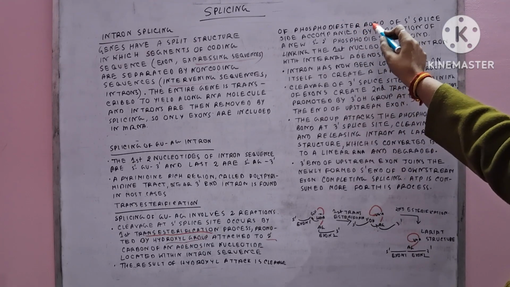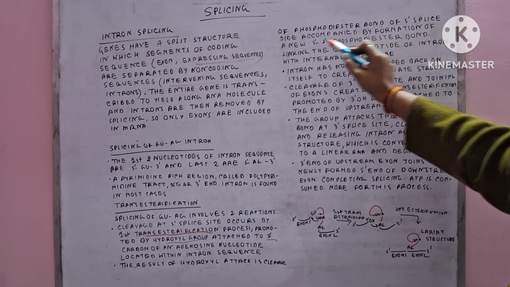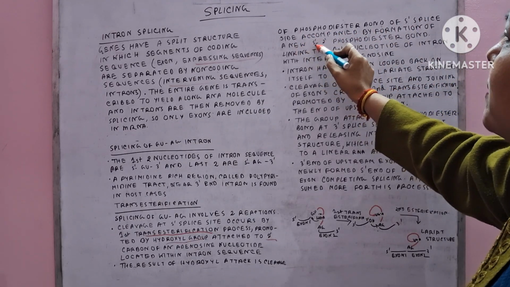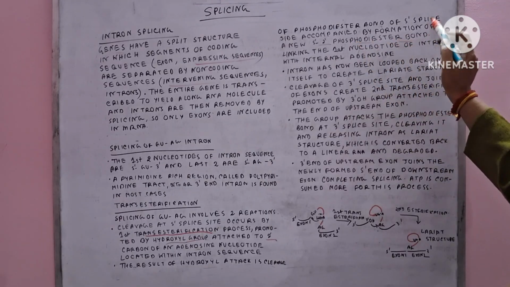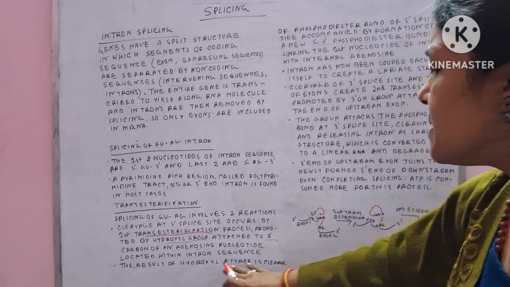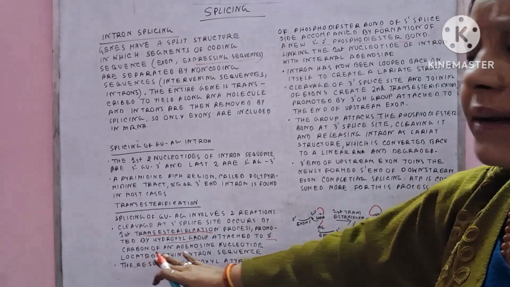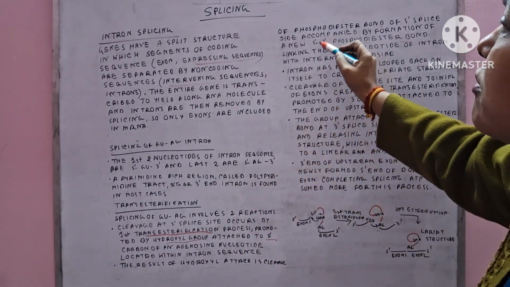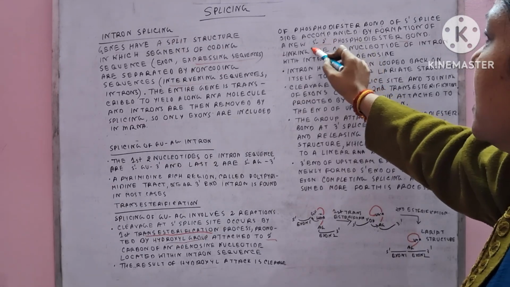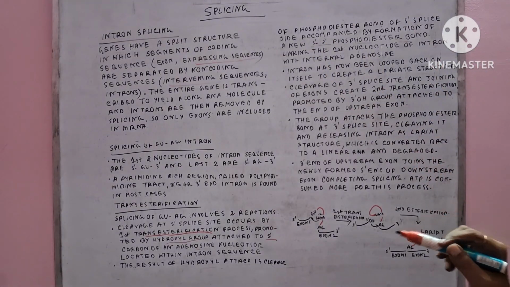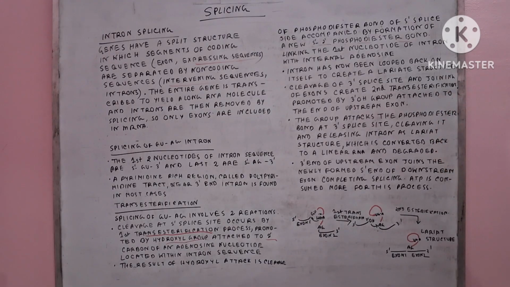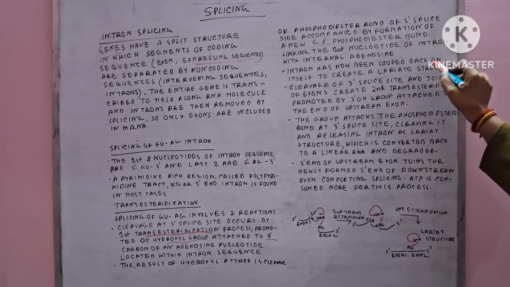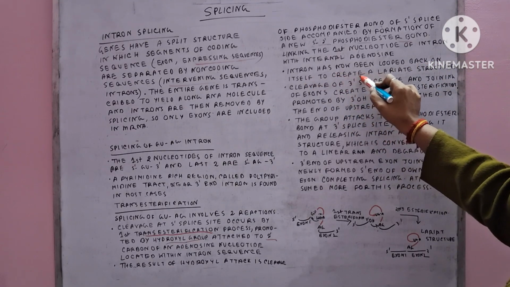That phosphodiester bond remains at the 5' splice site, accompanied by the formation of a new 5' to 2' phosphodiester bond. So that means this phosphodiester bond that is already present there is broken down, and a new phosphodiester bond is formed with the 5' and 2' end. Clear? And in the next case, the intron has now been looped back on itself to create a